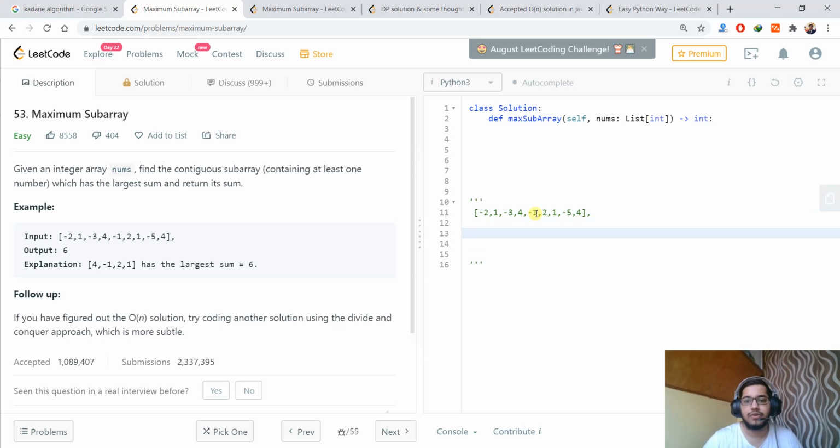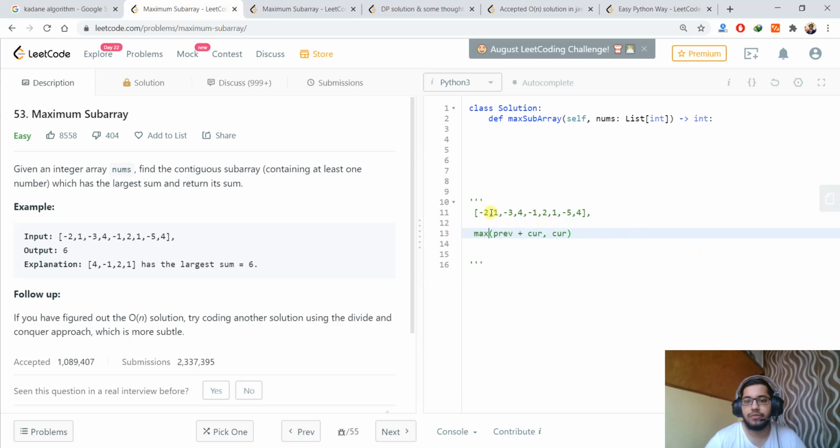If we are at index 1, we can compare the previous subarray with the current value. So we have the previous plus the current value, or the current value alone, whichever is greater. So we will take the maximum of that.